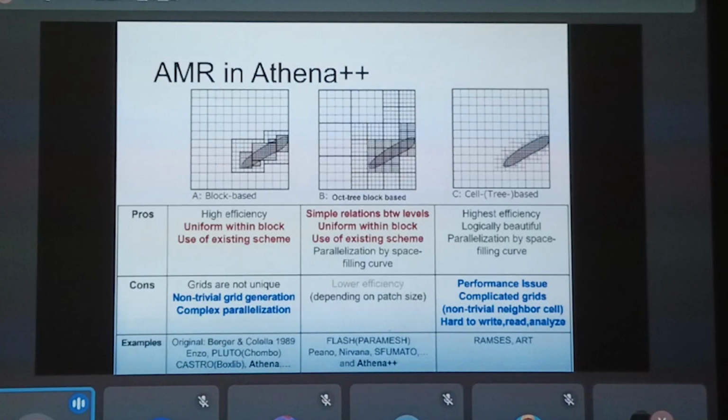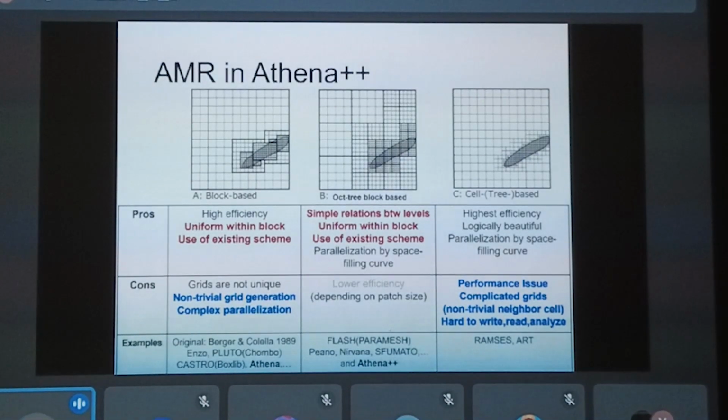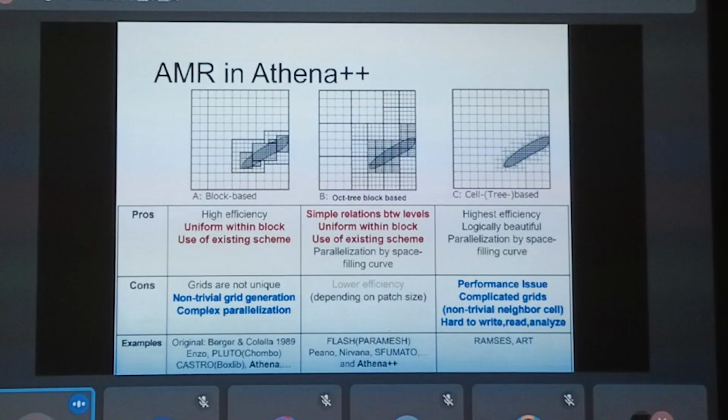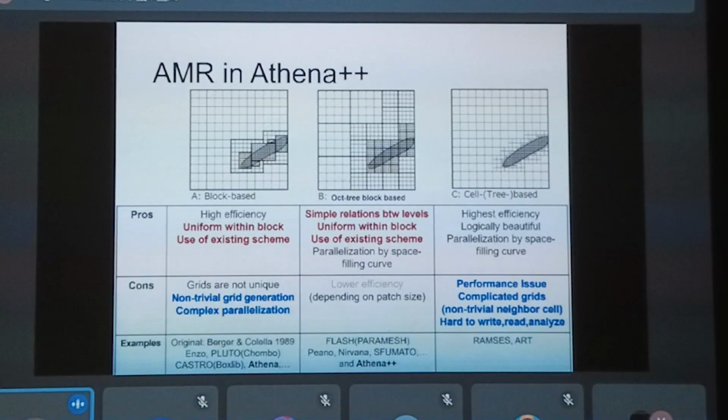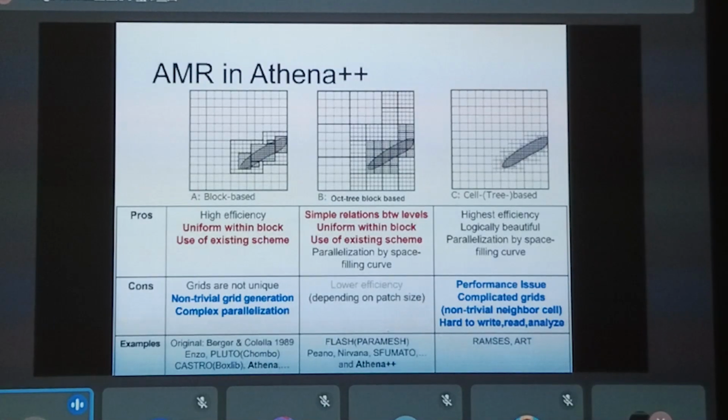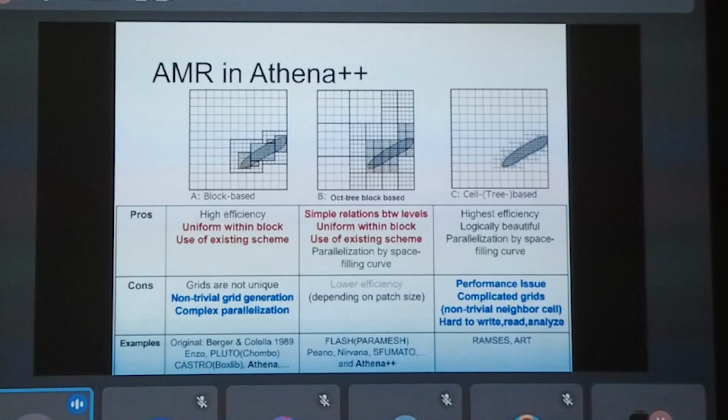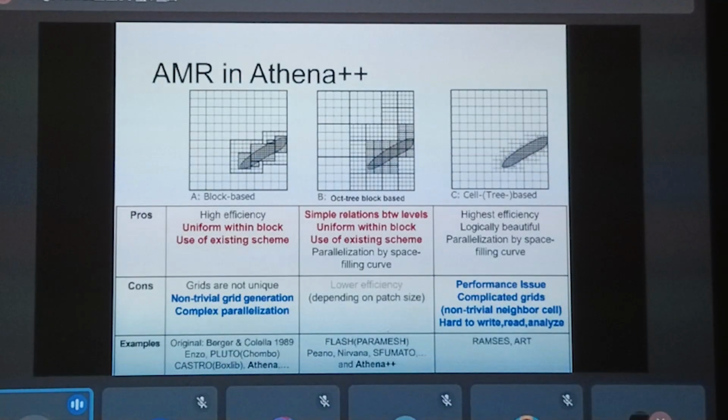You are right. At least theoretically, the Morton ordering is not very good, and it is not very localized. So your physical neighbor can be located logically very far away. So in that sense, this is not an optimal space filling curve. However, we are using it just for parallelization, and at least empirically, we found, I will show you the result later, that our implementation is scalable enough.